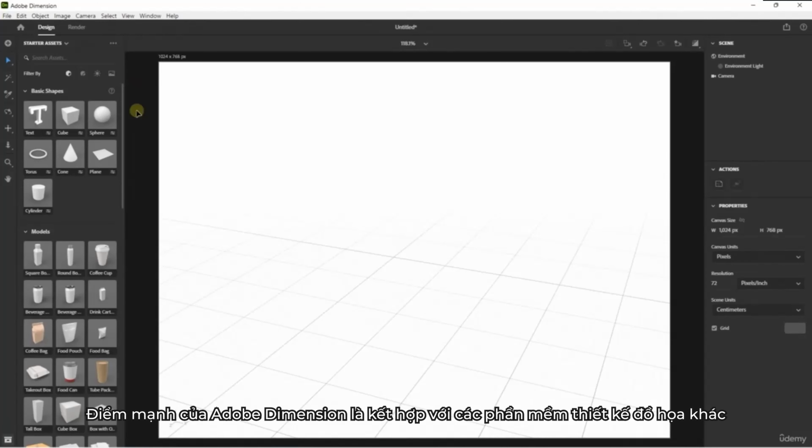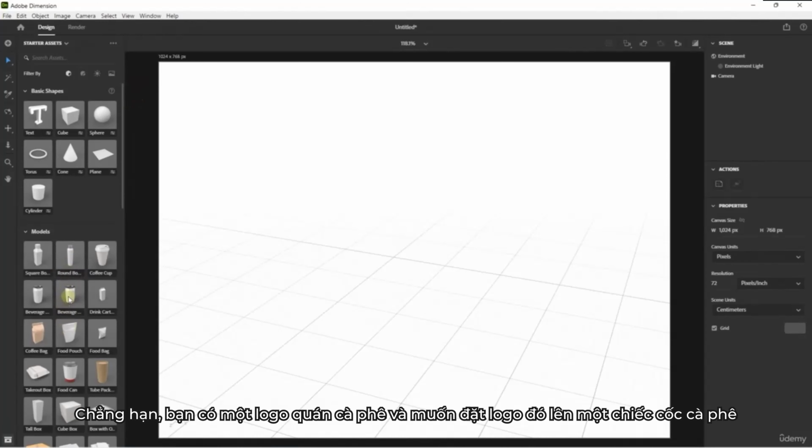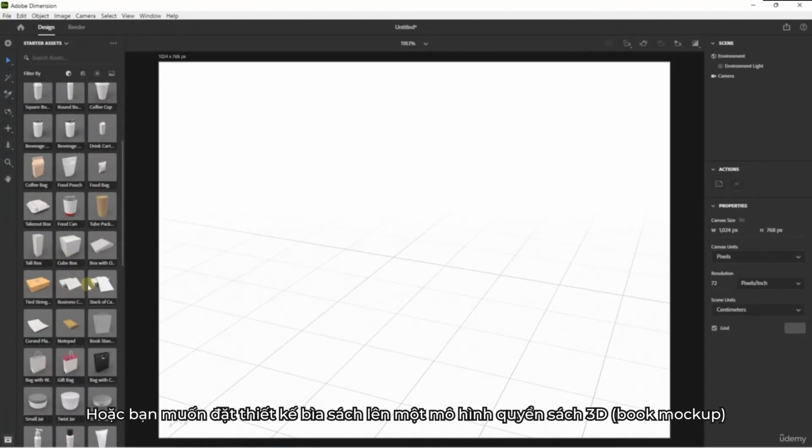The aim is, yes, you can make basic 3D modeling things, but the best aim is to use it with other graphic design software. So for example, you create something on Photoshop, or you create something on Illustrator, you can have a logo, you can have an illustration, you can have a photo, and you want to introduce this work with 3D modeling. So it means you want to show the logo with, for example, just a coffee cup, you want to show the logo on a book,